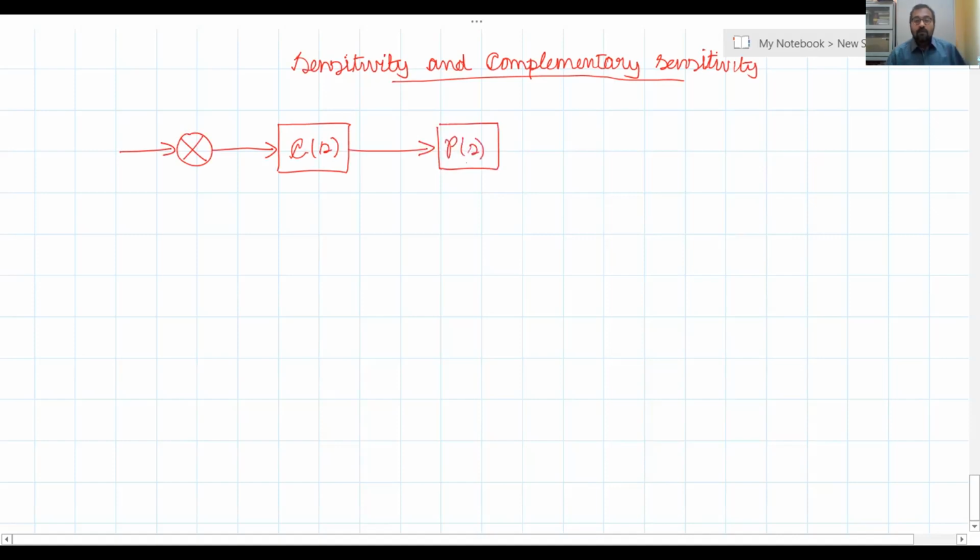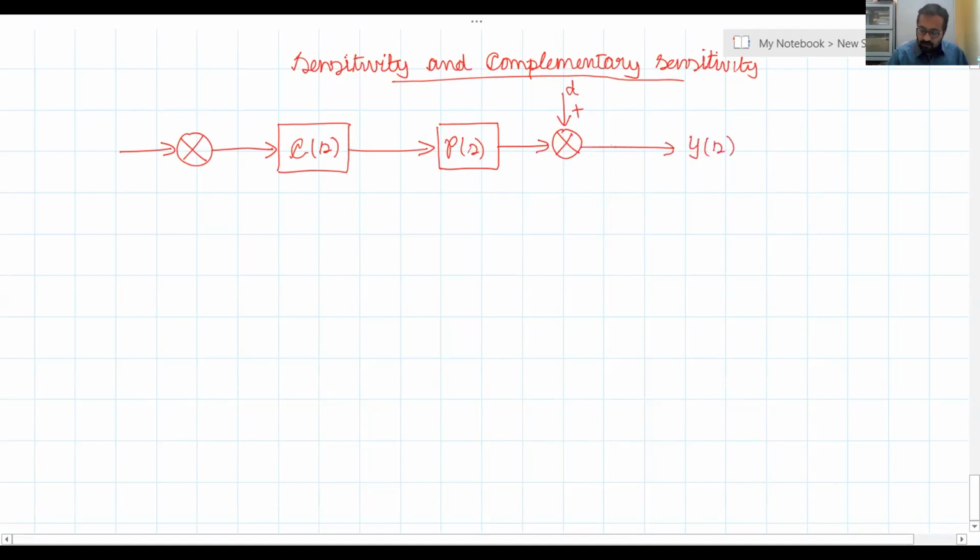So this disturbance can appear either at the input side or at the output side of the plant. Here we will consider a disturbance at the output side of the plant. You can consider either the input side or the output side, or both also; no issues at all. So again I have a summing point. Here is the disturbance D, which is being added. This is the output Y of S.